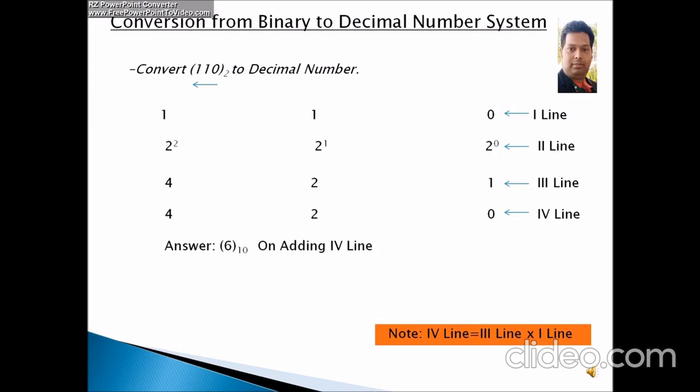Now see in the middle, 1 into 2 bringing 2. Now see the leftmost side, the top one is getting multiplied into 4 and bringing 4. Now in the last we add the fourth line, 4 plus 2 plus 0. Now total we get 6. 6 is the decimal equivalent of the binary